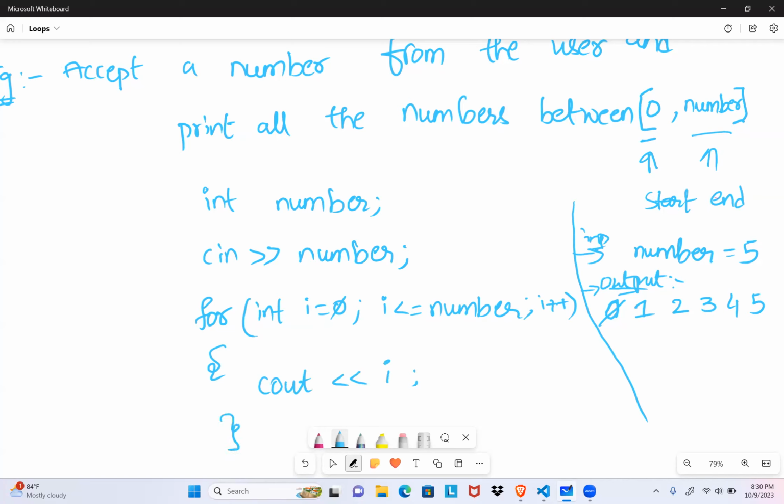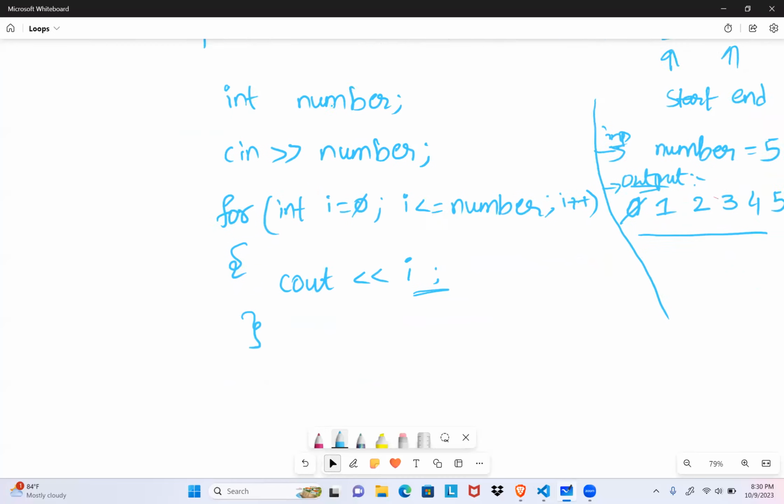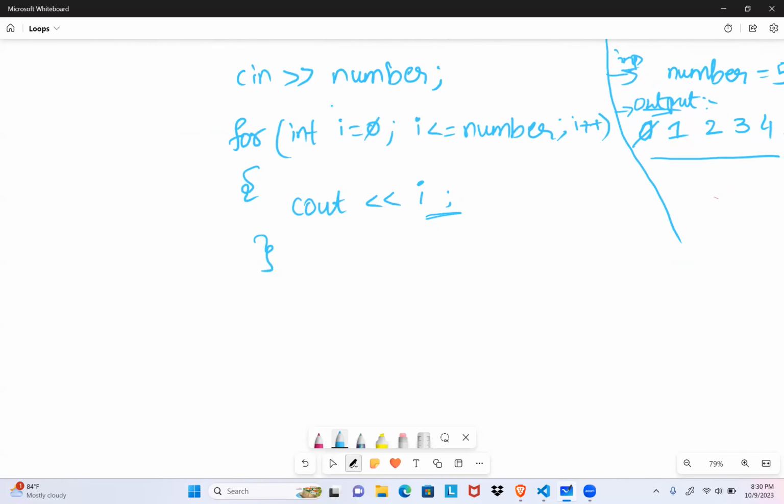So if we observe here, I'm not doing endl nor slash n. So since I'm doing neither of these, all my output will be printed into a single line. And in this manner, I can write a simple loop and then I can print all the numbers starting from 0 to n. And now, just to play around, if I change the question in a different manner, that accept